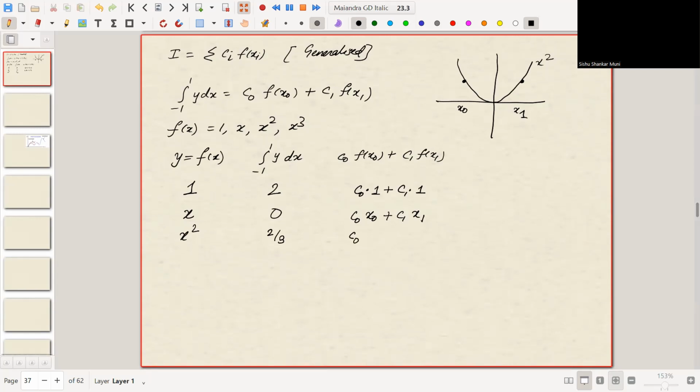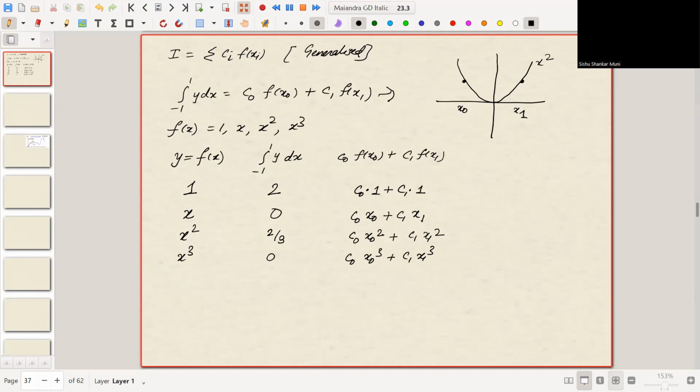But what will be c0 x0 square plus c1 x1 square? x cube, again 0. x0 cube, c1 x1 cube. Now the question is why we are doing this in the first place. Why are we even doing this table? Okay. So the idea is you have